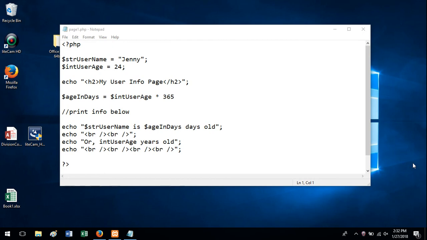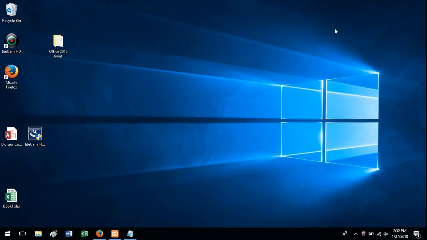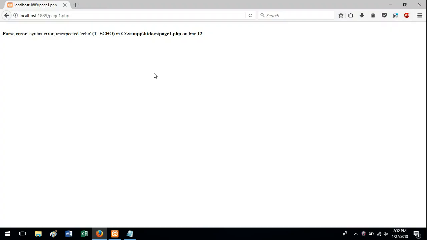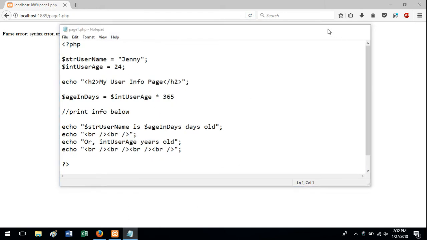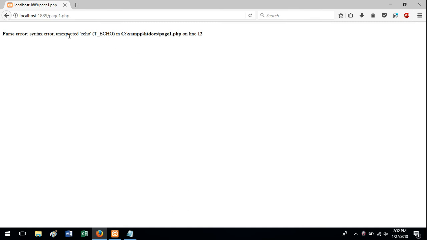All right, I want to talk about some general debugging and error checking things regarding PHP code. So I'll just show you a few common errors and kind of how they show up. So let's load this page here. I've written my code. I think it's good. I load it up and it says